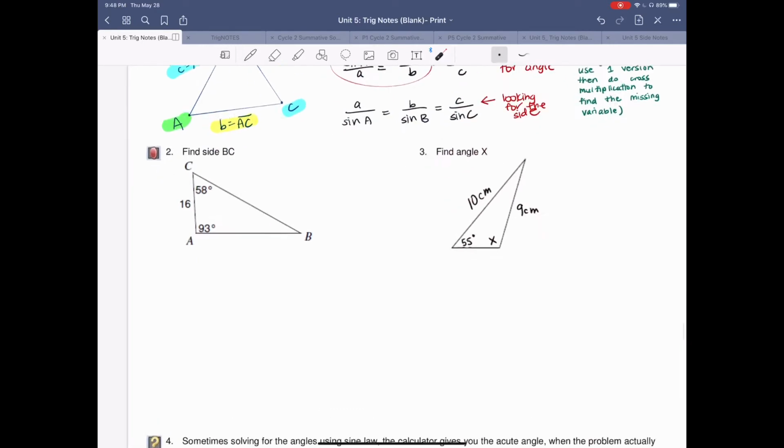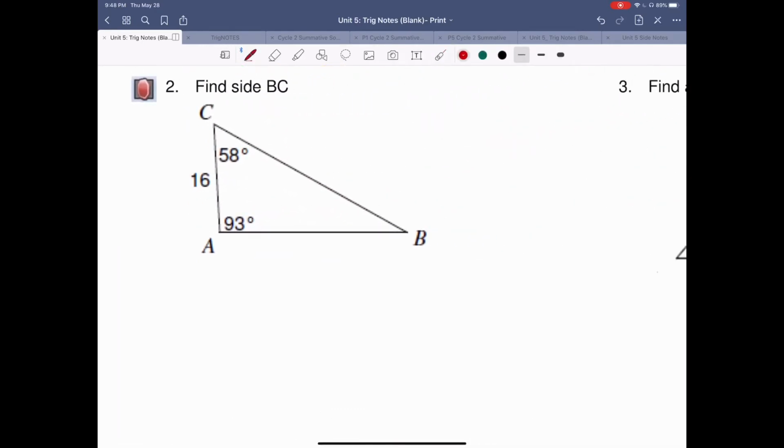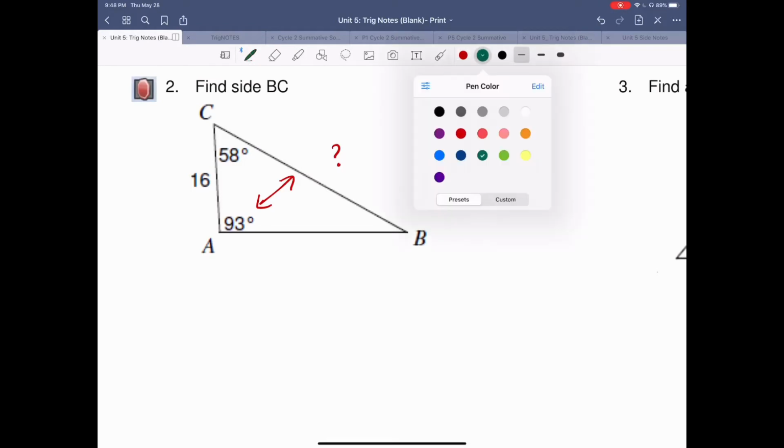Now let's go to question 2. So question 2 says to find side BC. Well, BC is this one right here. I noticed that I have a corresponding angle of 93 degrees. Meanwhile, I have 58 degrees, which corresponds to this side right here. But I don't have that side, so I'm not going to put arrows on that. But I do have a side length of 16 and this